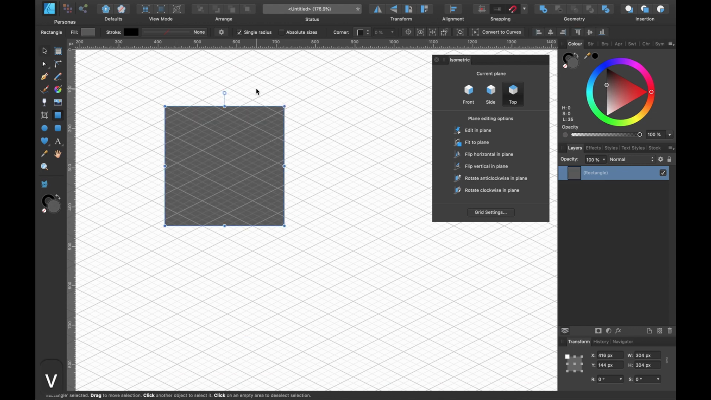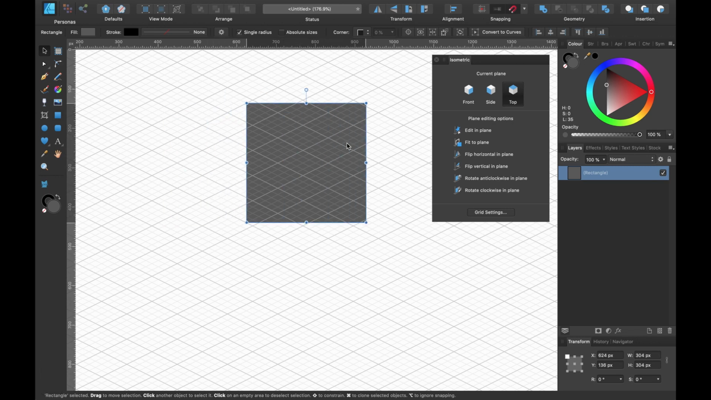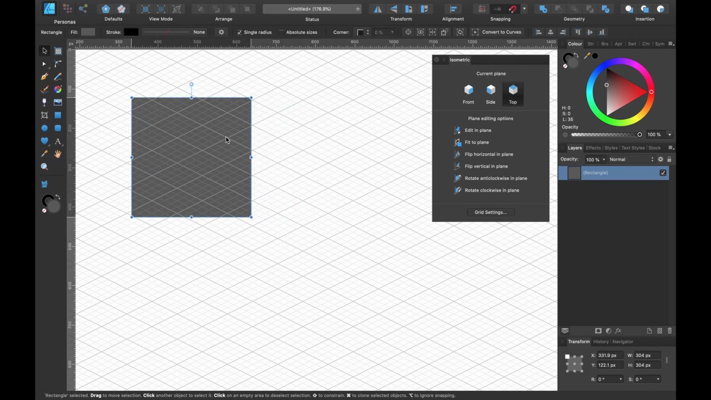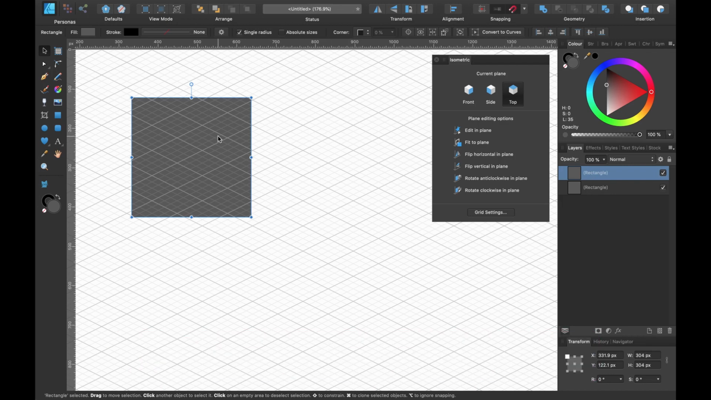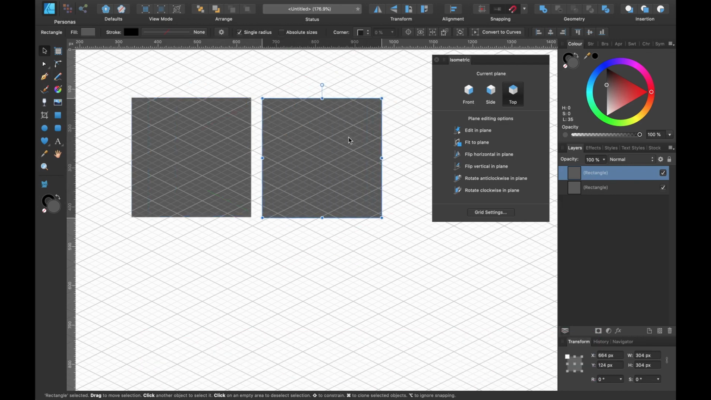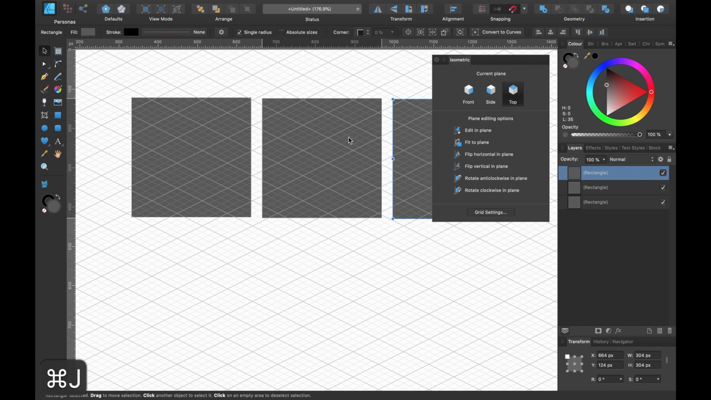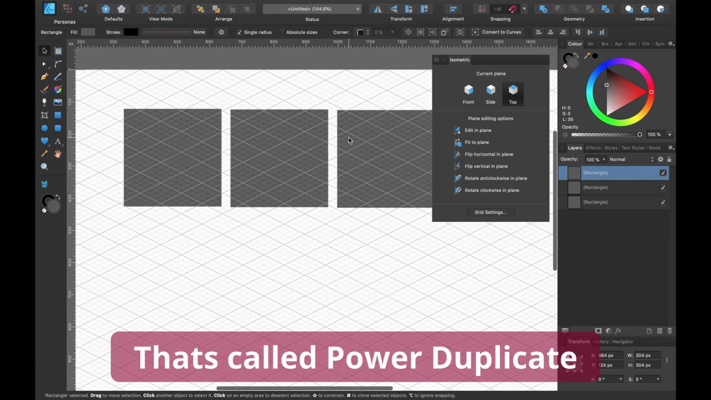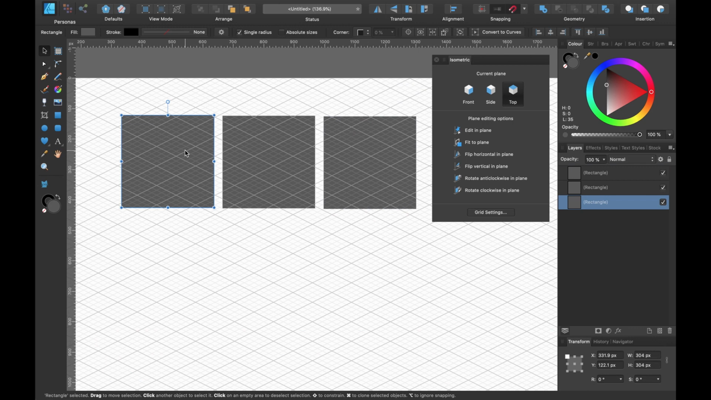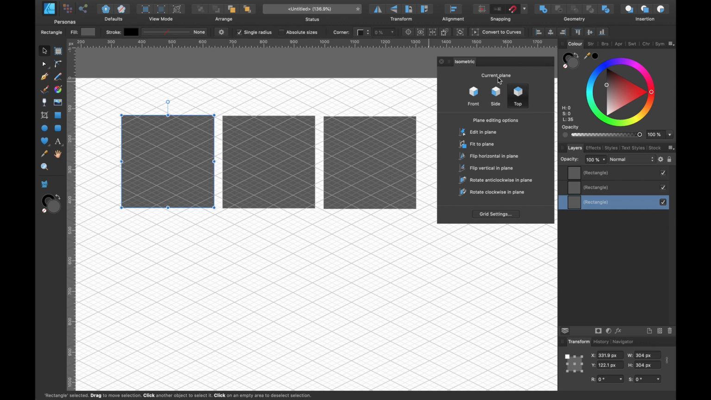Just gonna hit V for the move tool. So we've got our square. I'm going to create a couple more of these. So I'm just going to press Command J, which is going to duplicate it. You can see here in the layers here. I'm going to drag that out. I'm going to press Command J again, and it knows what I did because I just told it to before. That's power duplicate. I'll click on the first one, and I'll head on over to this isometric panel, and I